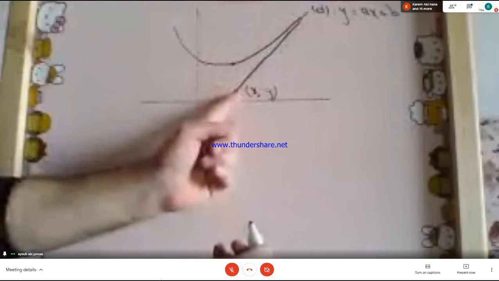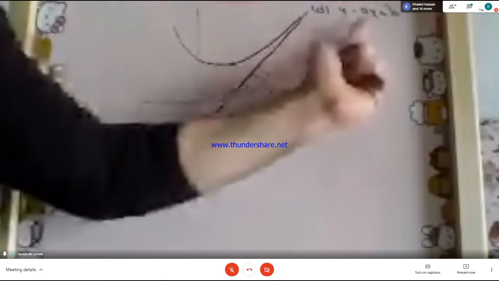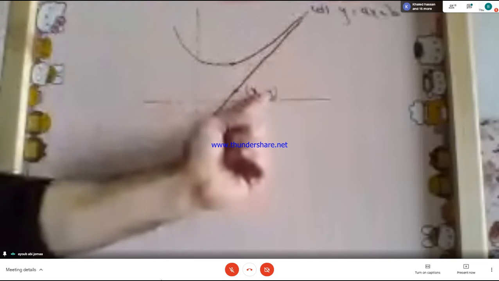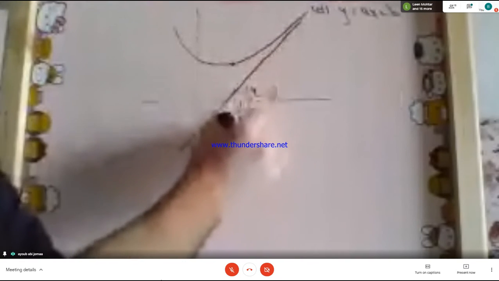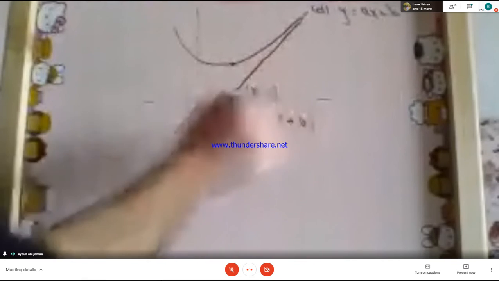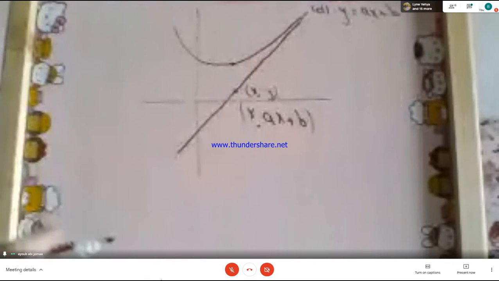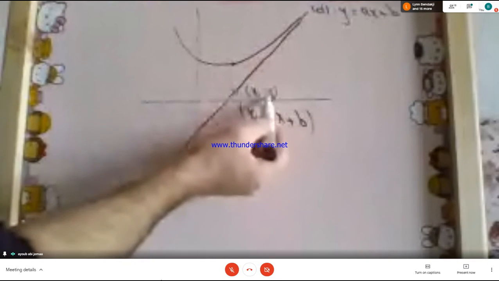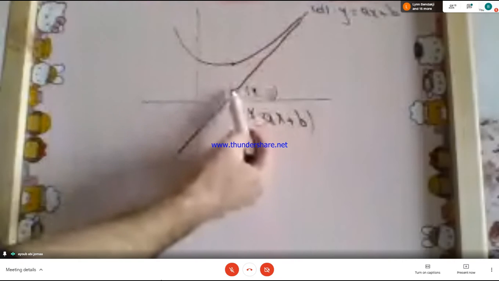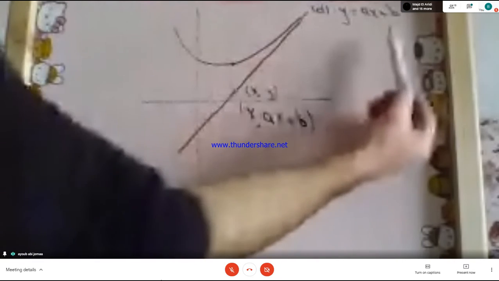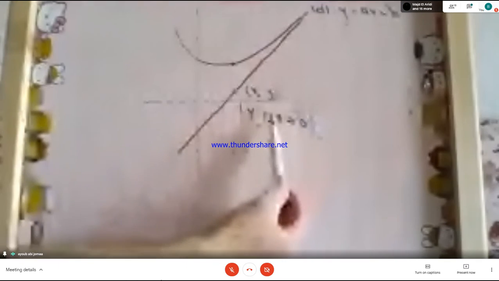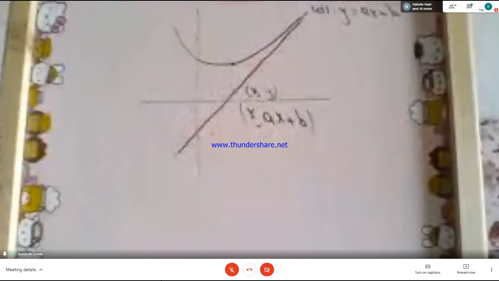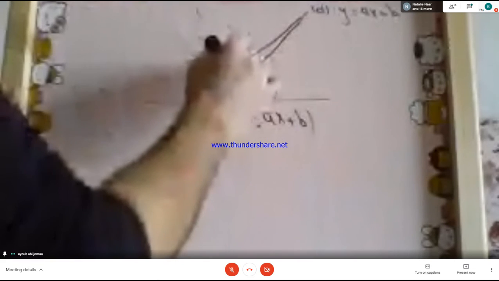But this point belongs to the line, so the y here is ax plus b. This point has coordinates x, ax plus b. Sorry, I am saying something wrong. The point on the line has coordinates x, y, but because it is on the line, the y value satisfies this relation. So the y here is ax plus b. Now, the point on the curve